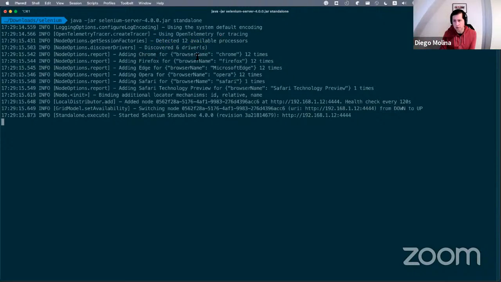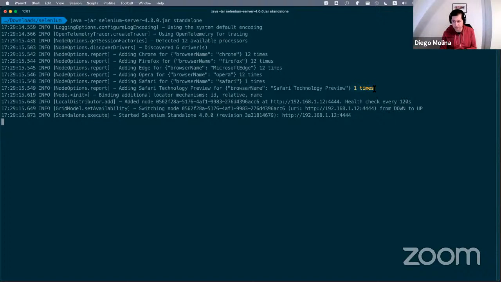It discovered Chrome, and it will say that normally you need 1 CPU per Chrome browser, so you can have up to 12 Chrome browsers running at the same time. Same story for Firefox, Edge, Opera. For Safari, you only have 1, because by design, Apple only allows Safari to be executed once per machine. And it's the same story for